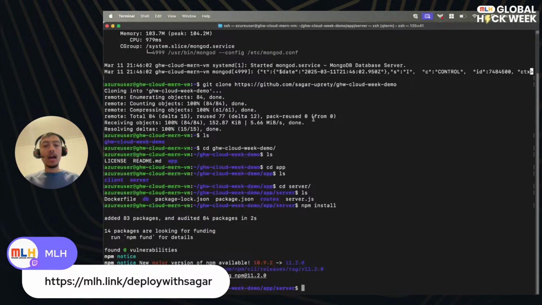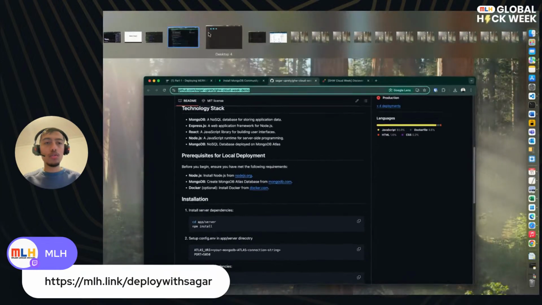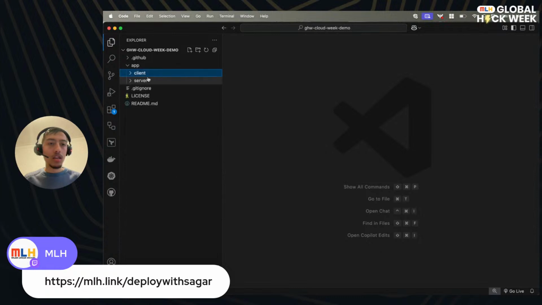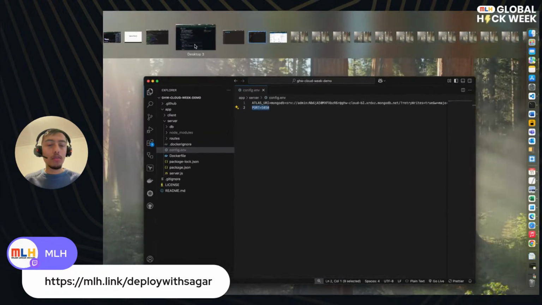So the next thing that I need to do to run our backend, which we need first, is to set up the environment variable, right? So I already told you how you can do that locally. We set up config.env in the server, and we provided two things: the port and the Atlas URI, right? So let us go ahead and try to copy both the port and the Atlas URI. So first, give me a moment. I will export the port in our